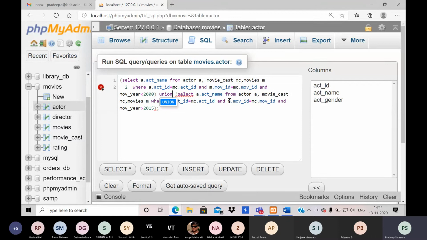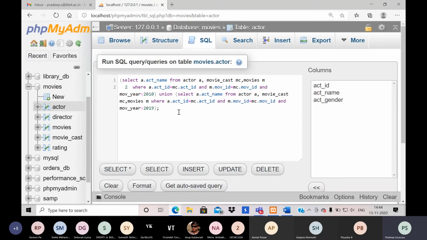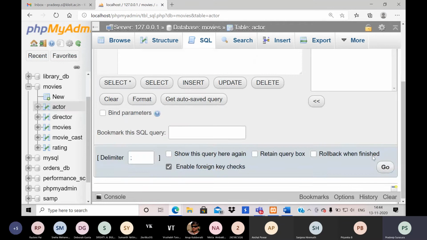So let me union, for example, let me see how it works. So I will write greater than 2010 and I will say greater than 2018 or 19, anything, let me see. Okay, so let me see how things work now.